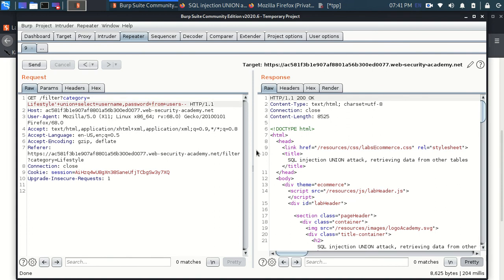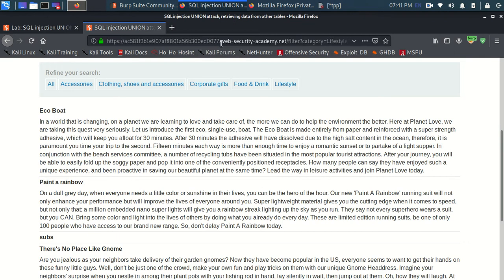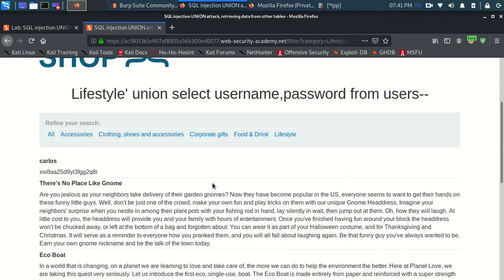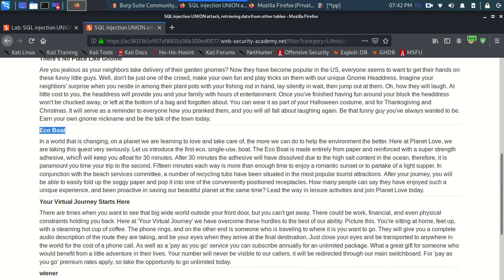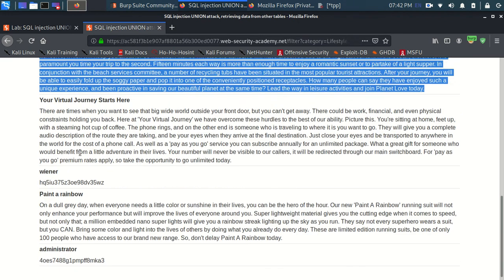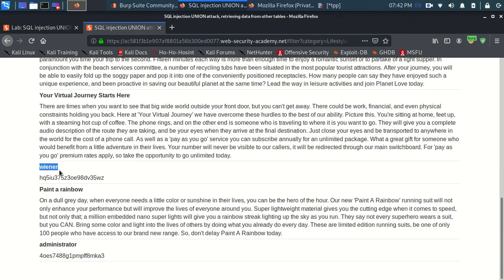Now let me copy this. Just like a simple query, select username and password from this table. I have done that, and let me paste this URL. And as you can see, I got that dump. Carlos is a user and here is his password, and then these are just the normal posts which we were receiving as before. We can see we received 3 users, which are all the users there are.